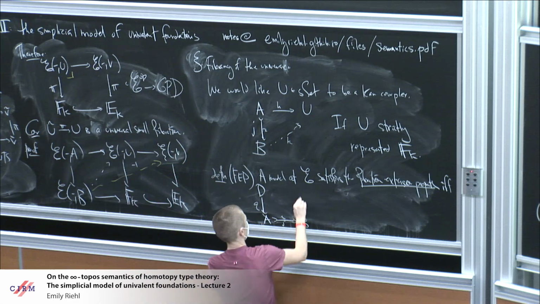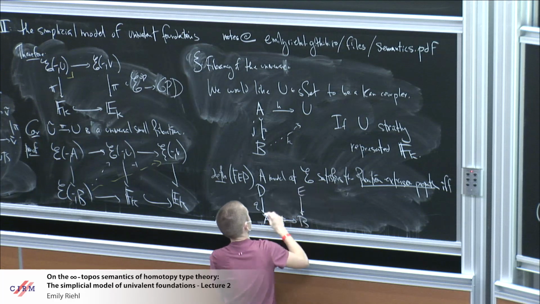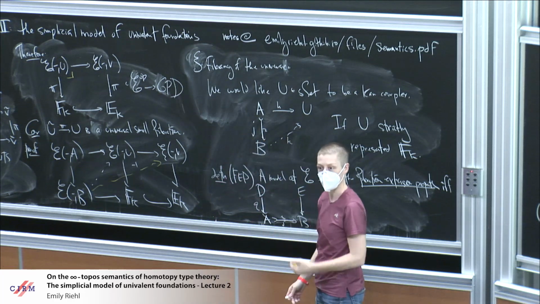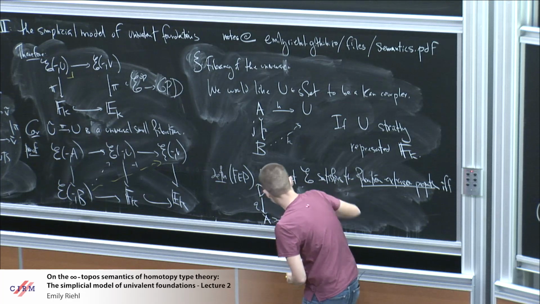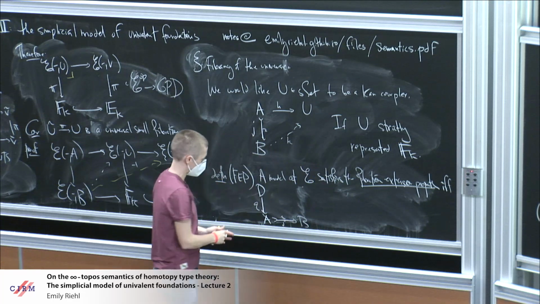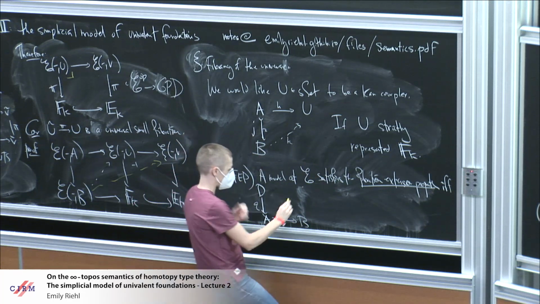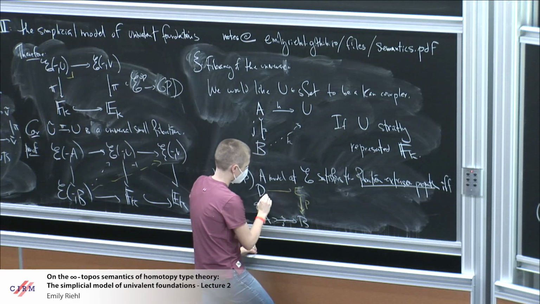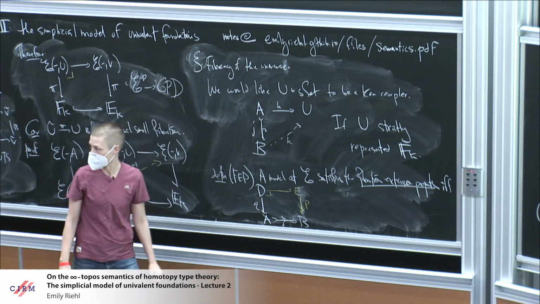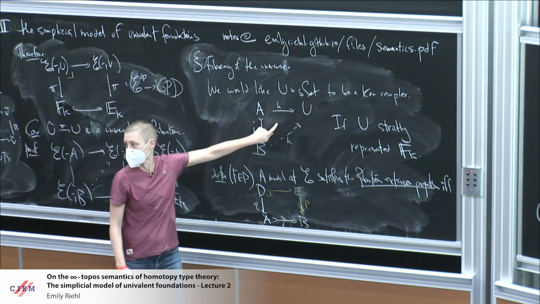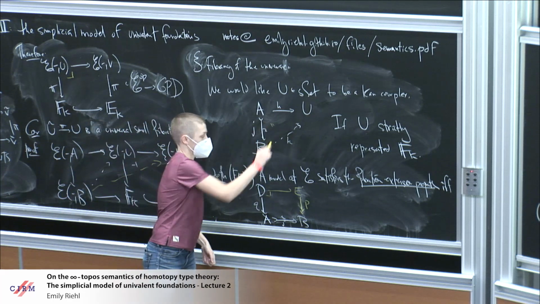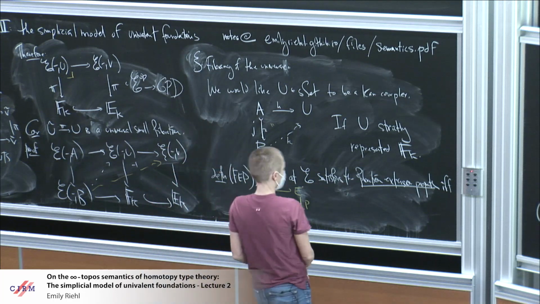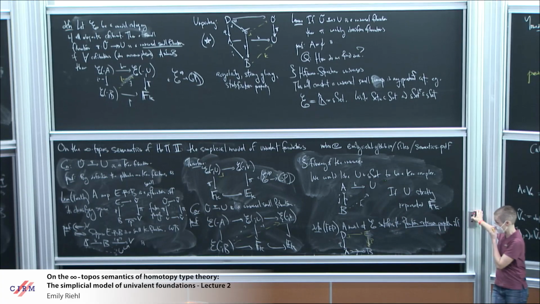So if I had a bijection between maps into the universe and small fibrations, what that would amount to is that given a small fibration over A and an acyclic cofibration, there exists a small fibration over B that pulls back to the original one. The pulling back condition is giving us the commutativity of this diagram. So the fibration extension property